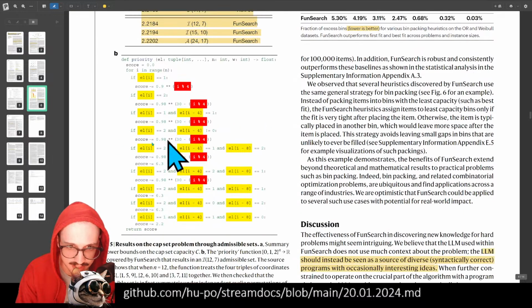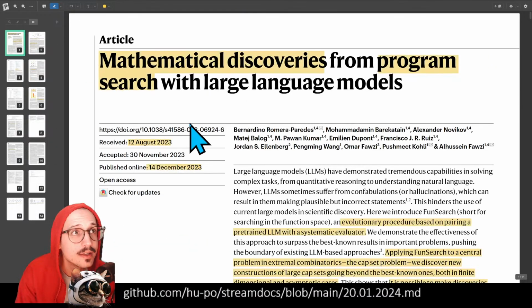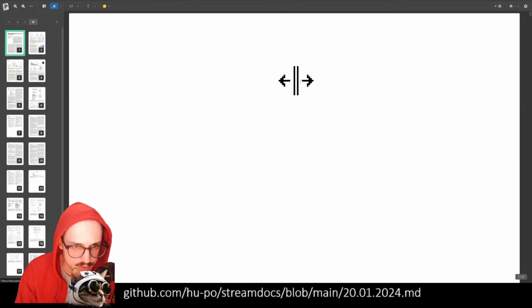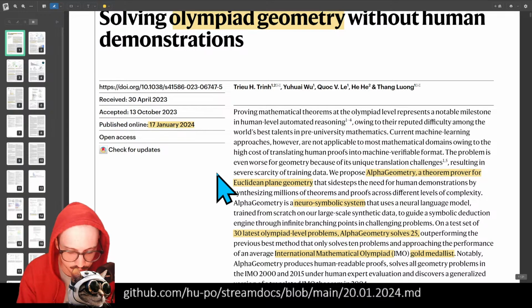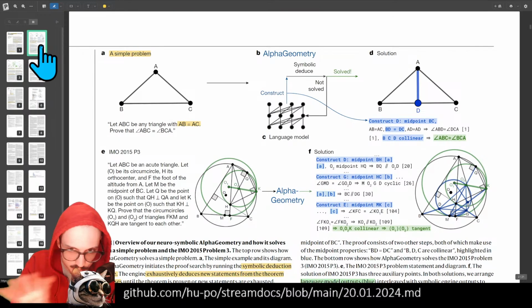Okay, and that's basically it, guys. That's this paper. This is Mathematical Discoveries from Program Search with Large Language Models. So far, we've basically gone through two DeepMind papers, which are very similar. What they're doing is they're using a language model to generate possible search directions in what is largely a flow that is basically like a brute force search. So they're brute force searching over all possible